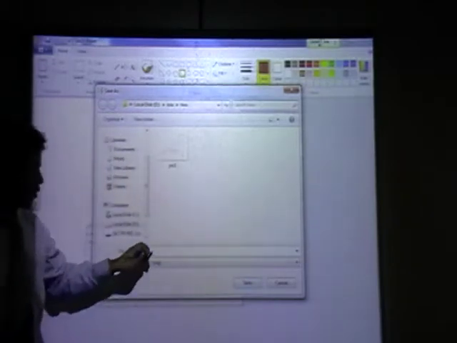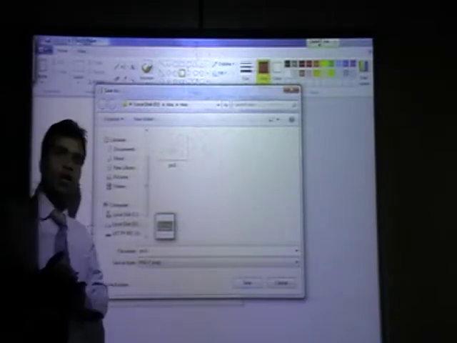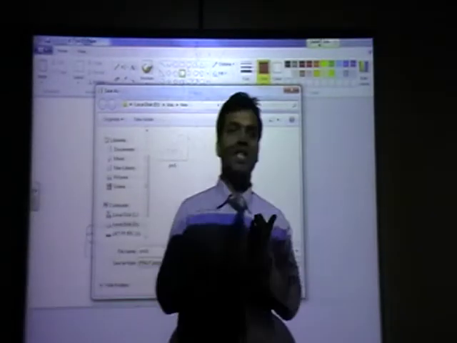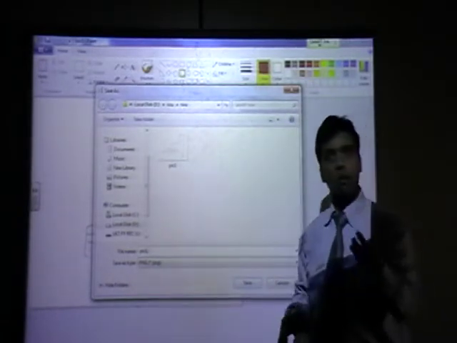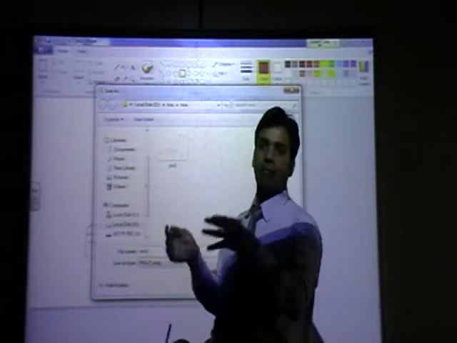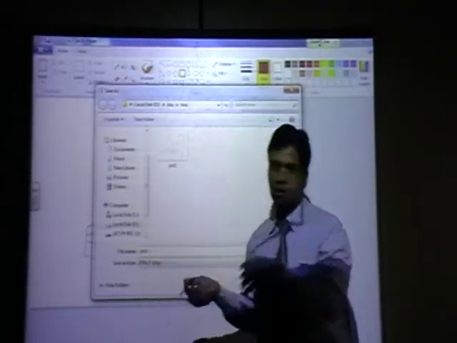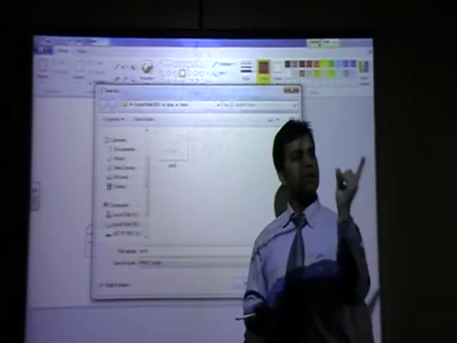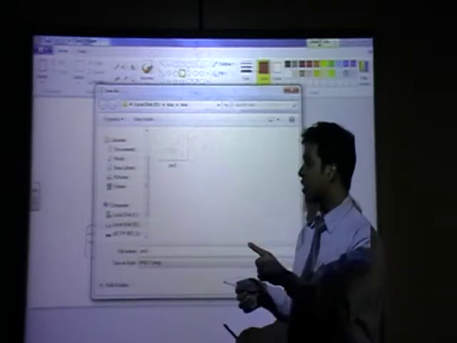In the notepad you saw, you did some changes and file save, it is saved. But in Paint, when we make that file read only and we do some changes, then saving does not change it. It is telling you to save it with a different name. It will not change.